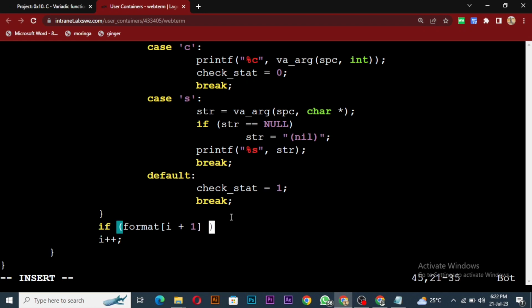When that next character inside the format is not equal to null, and our check start is equal to 0,